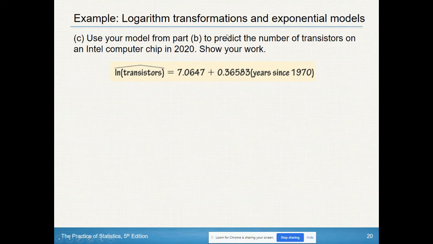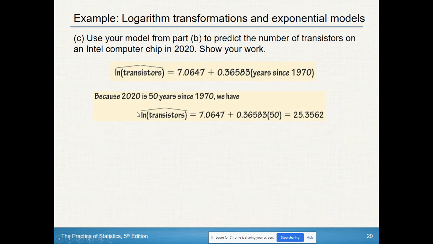Alright, so we use this model to predict the number of transistors on an Intel computer chip in 2020. Show your work. So that's kind of interesting. So for last year, how many were there? 2020 is 50 years since 1970. So we have ln of transistors equals, we plug in 50 for the years since 1970. When we solve that, we get